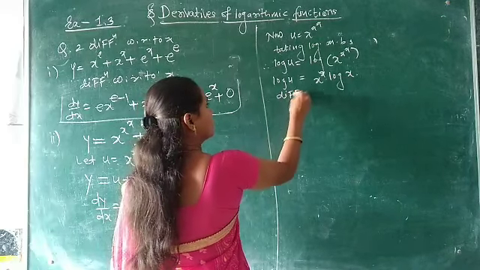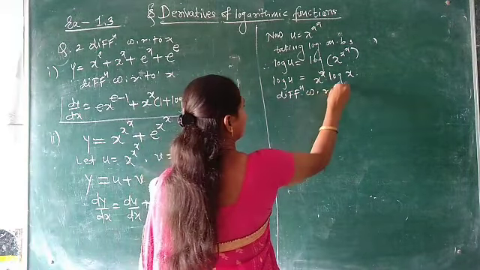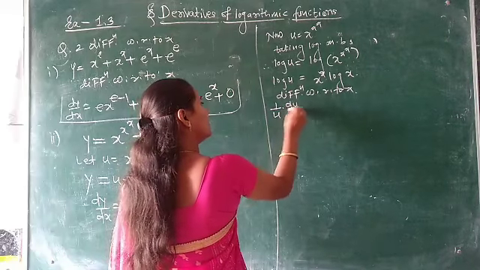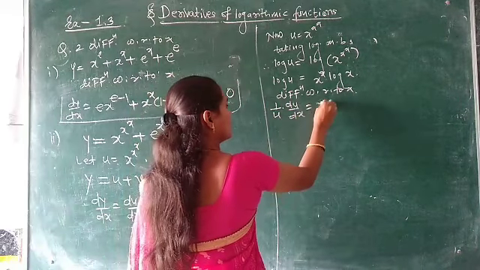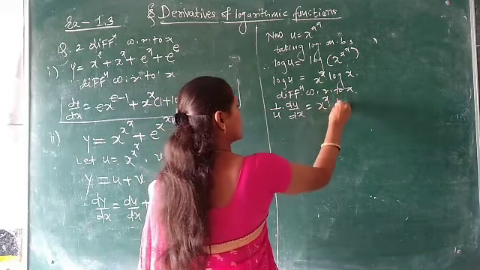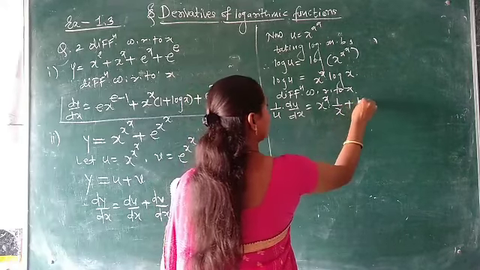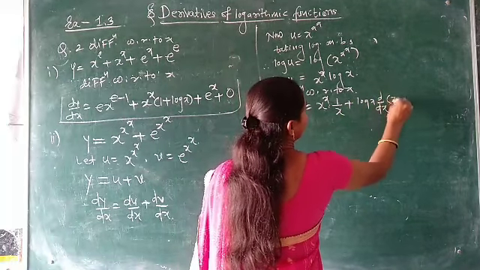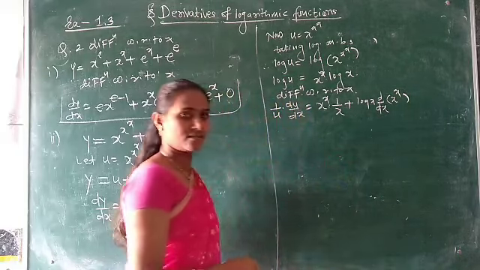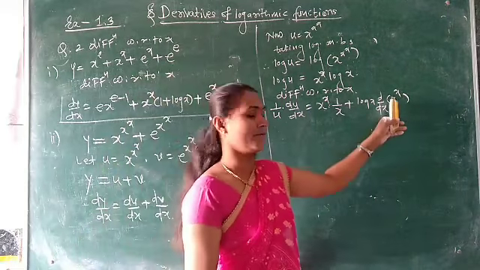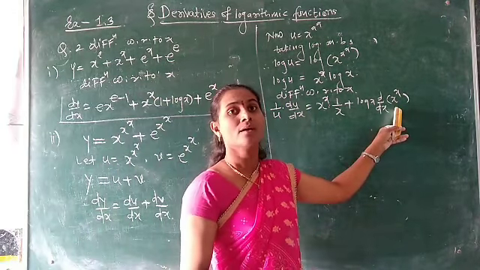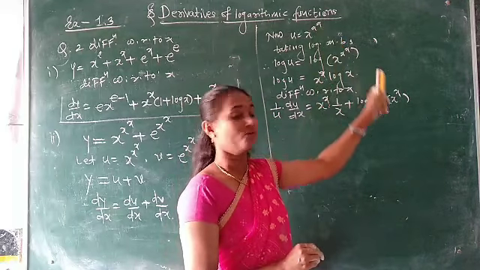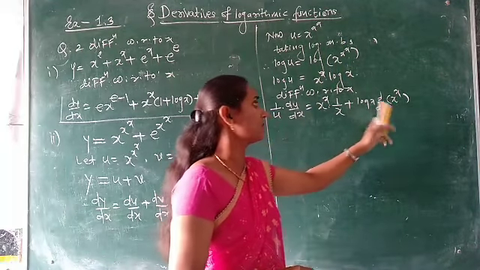Differentiate with respect to x. 1 upon u du upon dx. Use the product rule: x, derivative of log x is 1 upon x, plus log x into the derivative of x. Now again I am writing here the derivative of x raised to x, but in an exam, if you are asked a question of this type, then you find the derivative of this first and then write